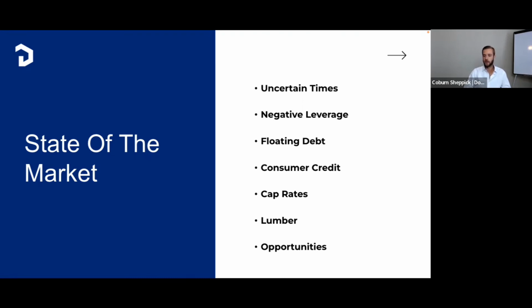The cost of financing has nearly doubled just this year. And so what does that mean? It means that the current return on that asset is producing less of a return than the financing costs,